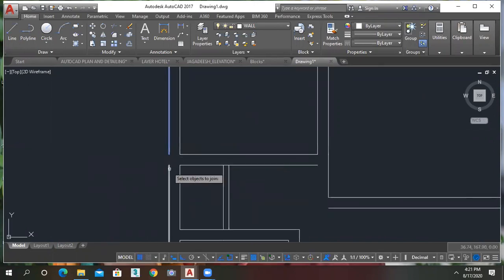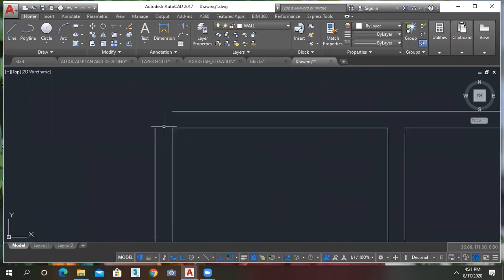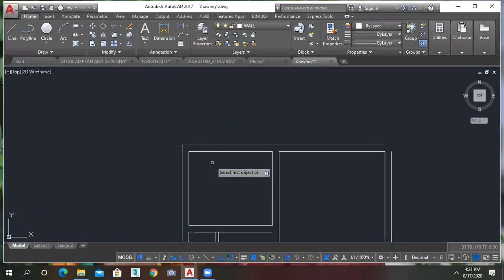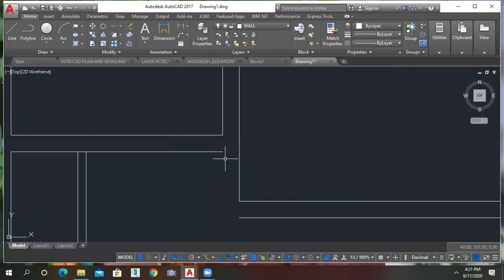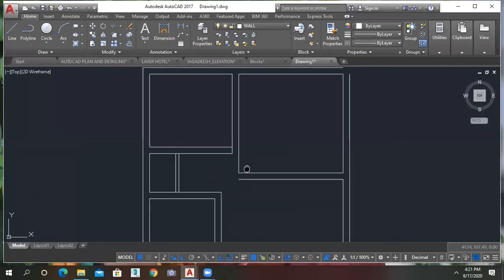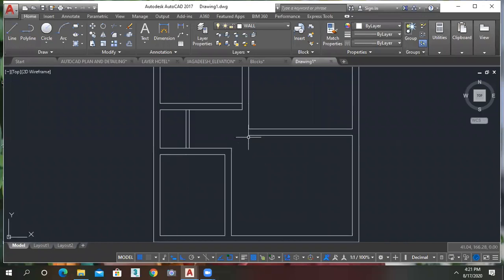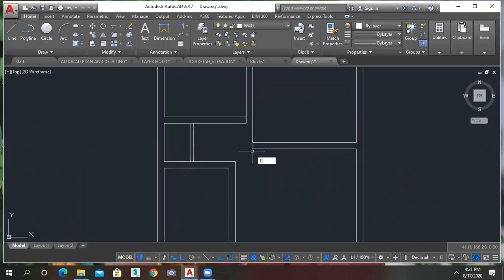To repeat the same command, just press the enter button, and here I am going to use the fillet. So here also just take a line and join. Take a line.